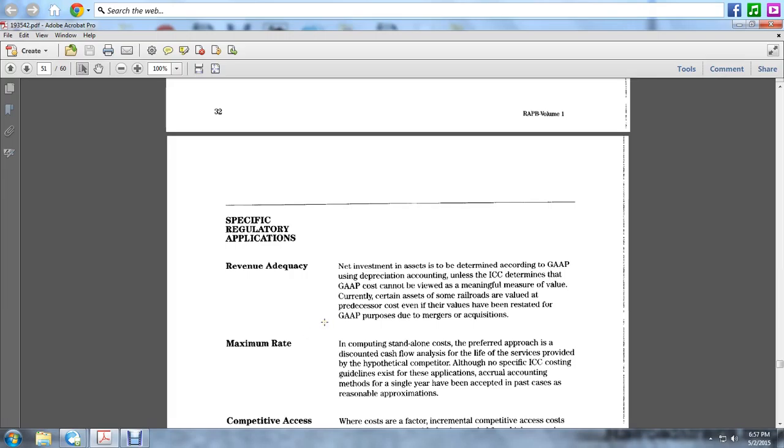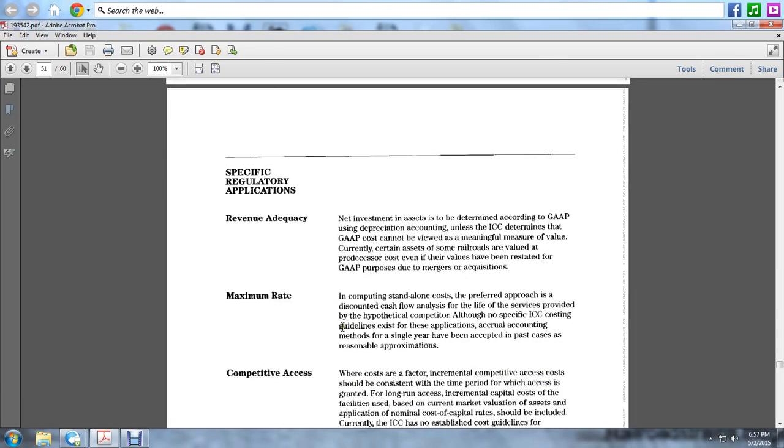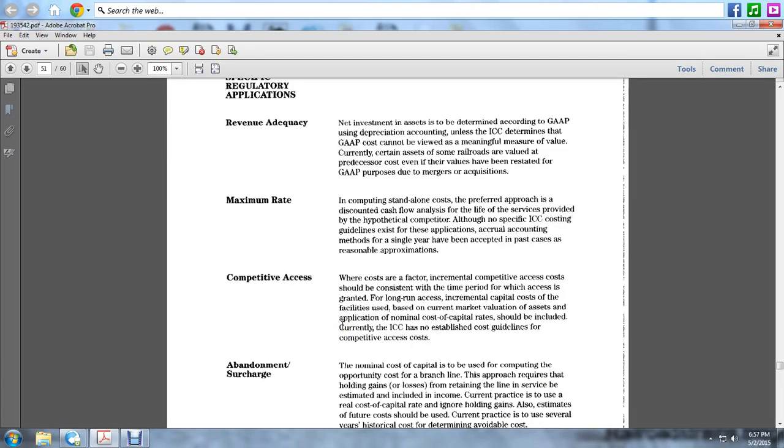In computing the stand-alone cost, the preferred approach is discounted cash flow analysis of the life of services provided by the hypothetical competitor. Although there are no specific Interstate Commerce Commission costing guidelines existing for those applications, accrual accounting methods of a single year have been accepted in the past as reasonable approximations. Competitive access, where the cost of the factor, incremental competitive access cost should be consistent with the time period for which